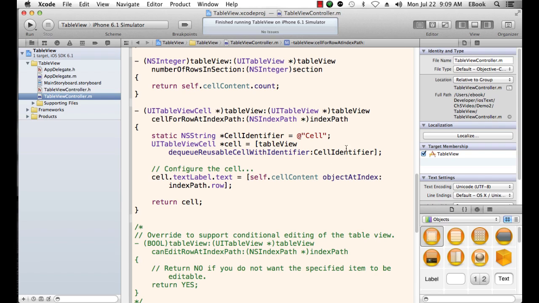So the first thing that happens here is the cell identifier is given an NS string and it is just set to cell. And this corresponds with the identifier we set in the storyboard for that table view controller. And then we set up a UI table view cell, and we're calling it lowercase cell, as table view dequeue reusable cell with identifier. And then we use that cell identifier, which is the NS string cell. Dequeue reusable cell with identifier